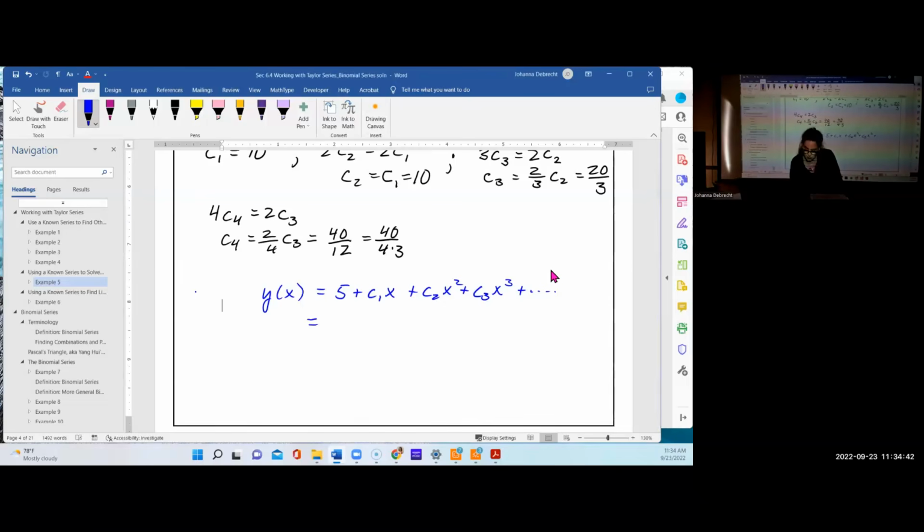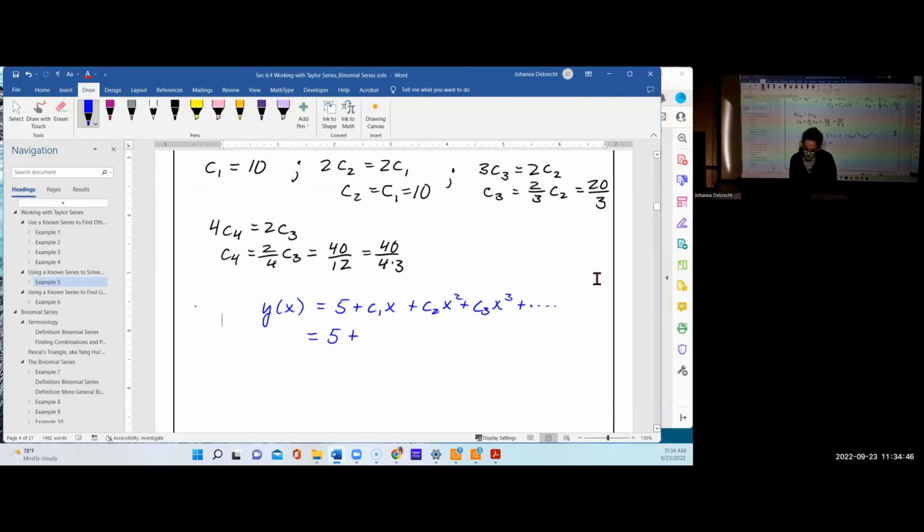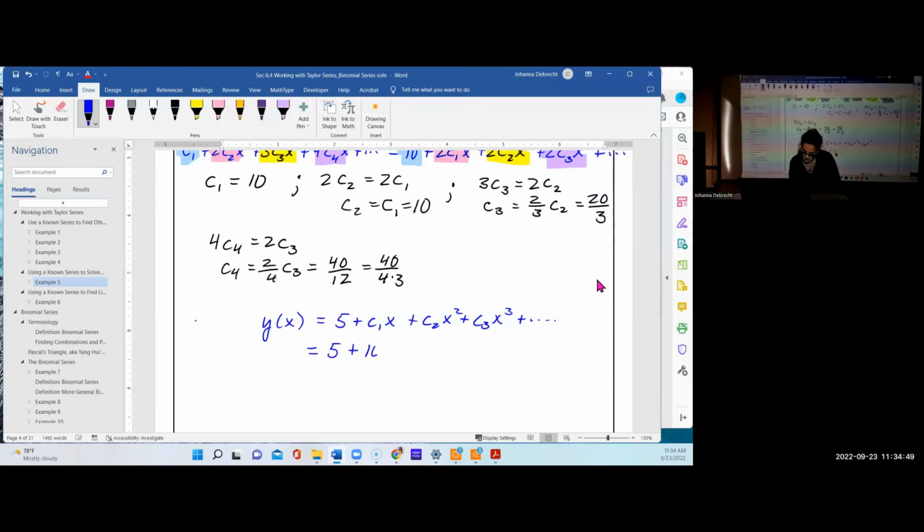So this can then be written as 5 plus c1, looking up here, was 10. So we have 10x plus 10x squared plus 20 over 3x cubed plus 40 over 4 times 3x to the